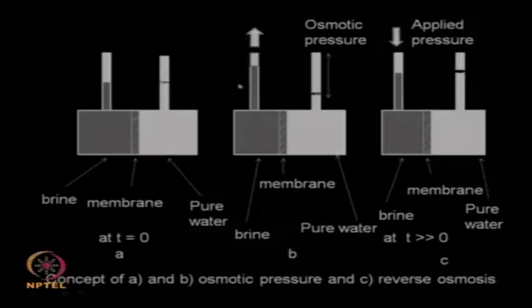Under normal circumstances, if you have a salt solution and pure water, and we have a membrane, the pure water will diffuse into the salt solution because of the osmotic pressure, because of the decrease in the vapor pressure of the brine due to the presence of salt. So by applying that equivalent amount of pressure and more, we are driving pure water from the salt region into